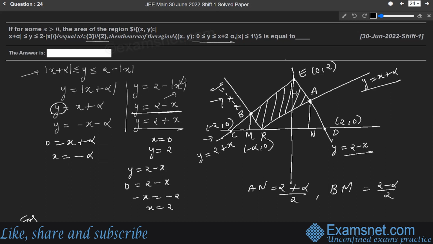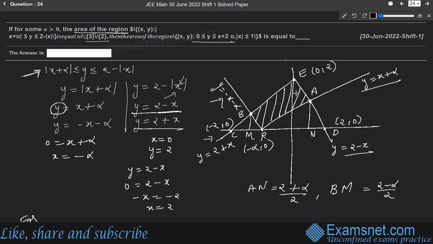All right. Now let us focus on this diagram. Okay. If we want the region of the common area, why do we want the region of the common area? Because here the area of the region for this condition is already given, which is 3 by 2. Okay, so let us calculate it again. The area of region BRAE is given as 3 by 2. Now, if we want to calculate from this representation, how can we calculate it?